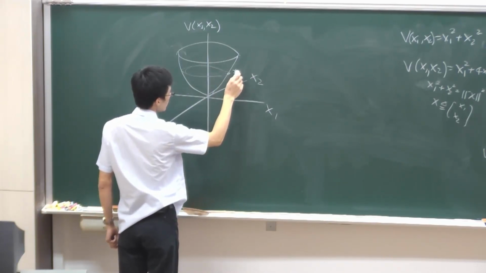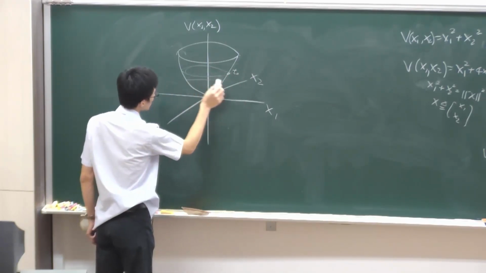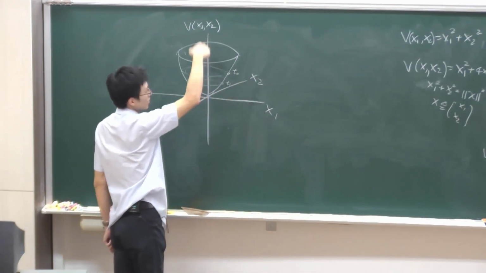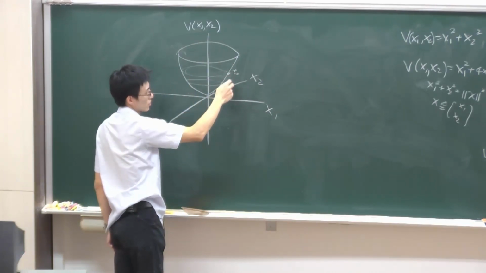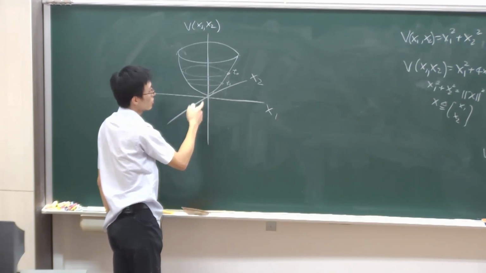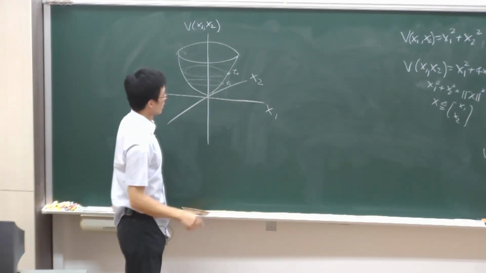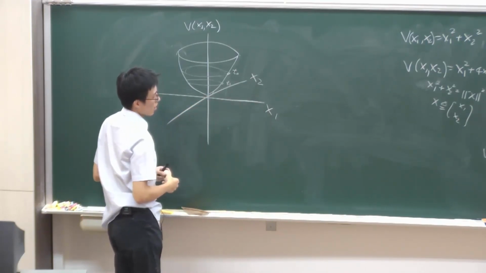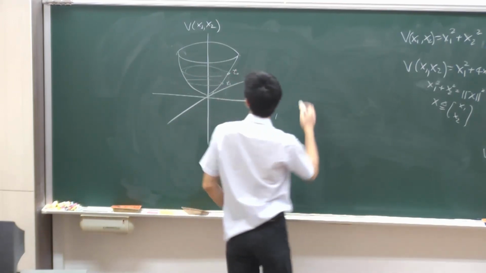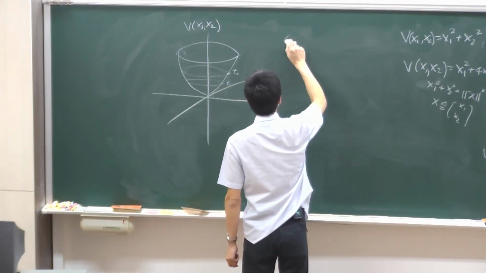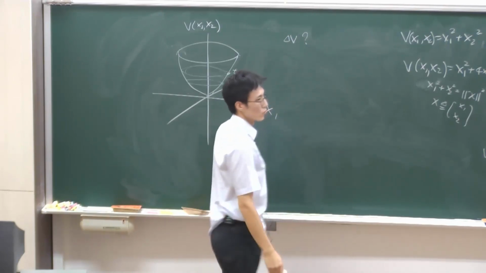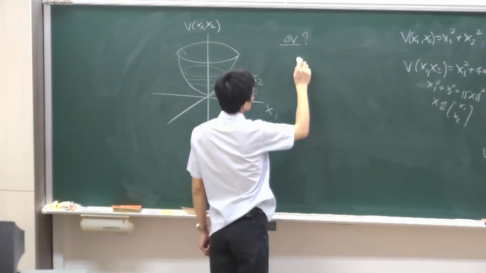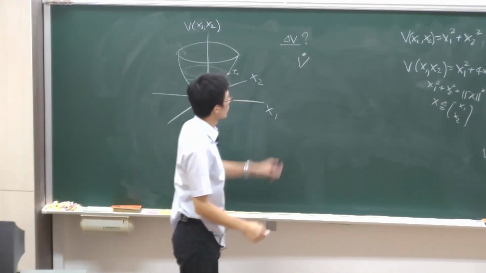If at t0 the state is here, and after some time t1 it is here, the V value on the z direction changes with time, right? It decreases with time. Eventually, V will reach 0, right? At 0, the only possibility for the location argument is at the origin. So how did you prove this? How did you find delta V with time? You can use chain rule. So instead of finding this, we find the time derivative of V, okay,